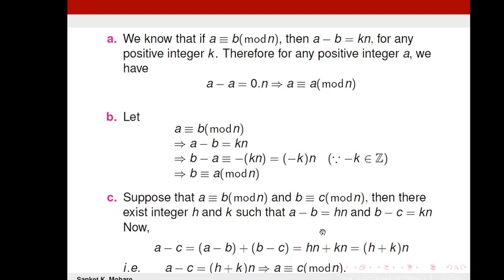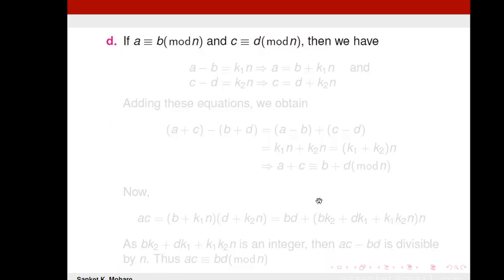But A minus B is equal to hn and B minus C is equal to kn. So substituting these values, this sum is equal to hn plus kn. Take n common out, we obtain h plus k times n. As h and k are integers, their sum is also an integer. So therefore A minus C is equal to h plus k times n, and this implies n divides A minus C, which means A is congruent to C modulo n. So here we proved whenever A is congruent to B modulo n and B is congruent to C modulo n, then A is congruent to C modulo n. Fourth property,